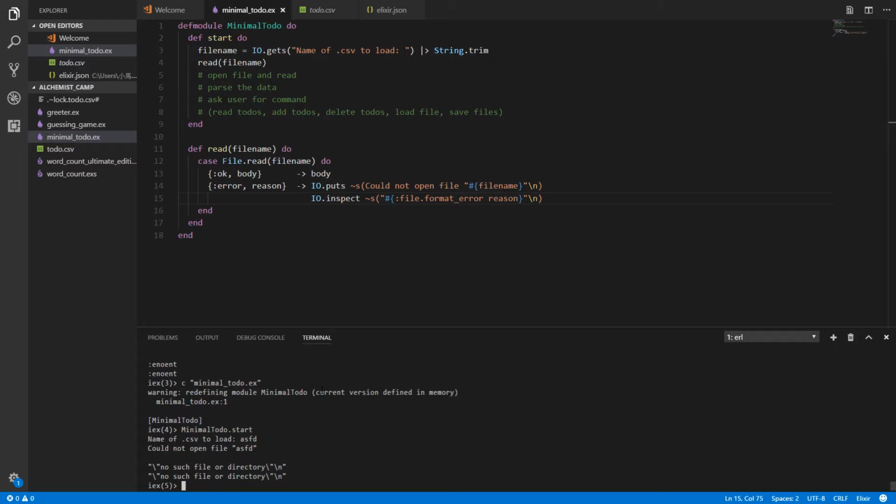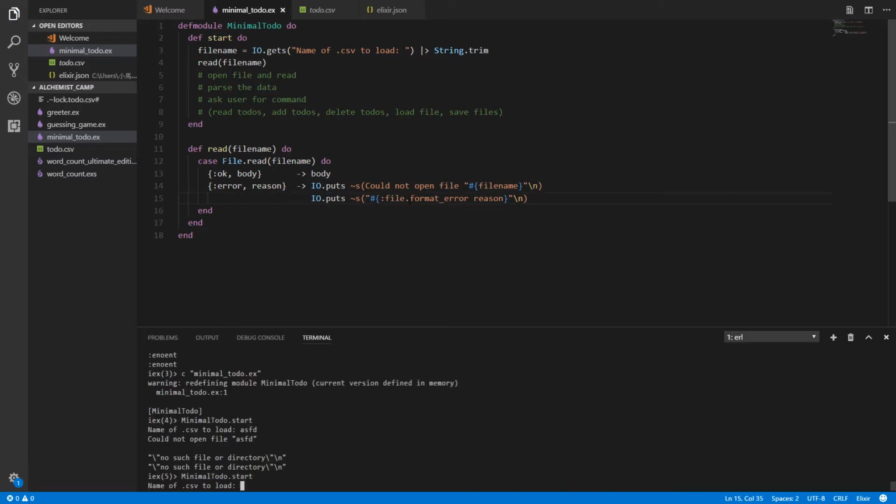Oh, that's a bit odd. What happened there? We are escaping. Oh, because I did IO.inspect. That's what it is. IO.puts. Actually, gotta recompile. There we go. Excellent. Okay. Now the next thing that we need to do is